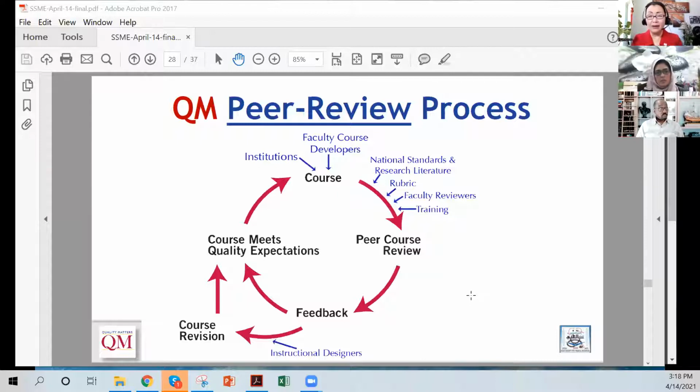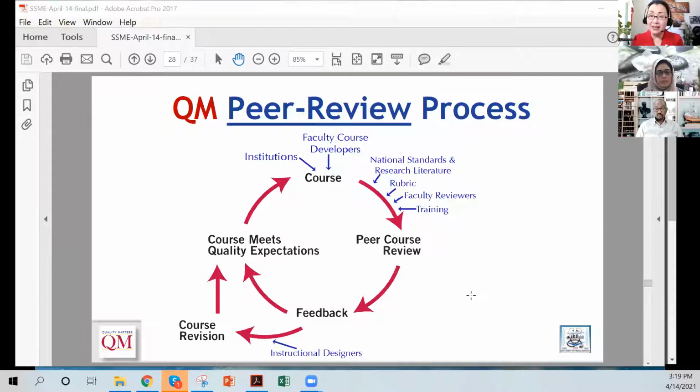Because no matter how many years and how much experience you have, moving forward you want to do some benchmarking with peer programs, peer institutions, and even outside the kingdom. You want to benchmark against international standards, okay? So this diagram is to show you the course review process. If a program, faculty, or institution wants to have their courses, programs reviewed, here is the